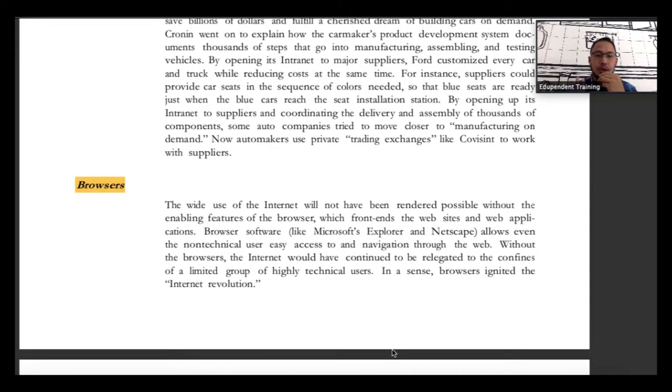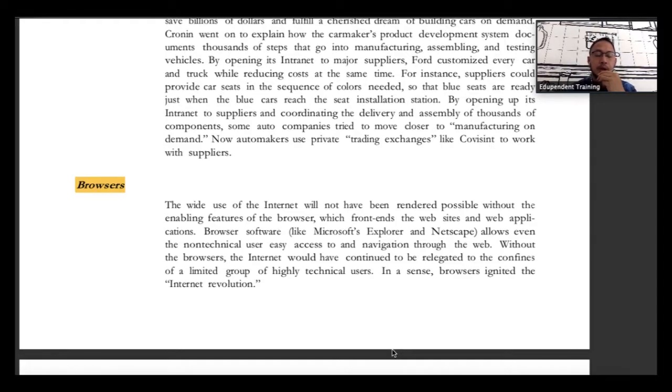Because all the information you get is secondary data, we are going to discuss secondary data later. So browser will be any kind of browser, Google Chrome, Internet Explorer, Safari might be, any kind of browsers. A lot of data you can get from a browser, especially when you are going to find information regarding stock price, annual report, financial report. There's a lot of websites that you can visit.